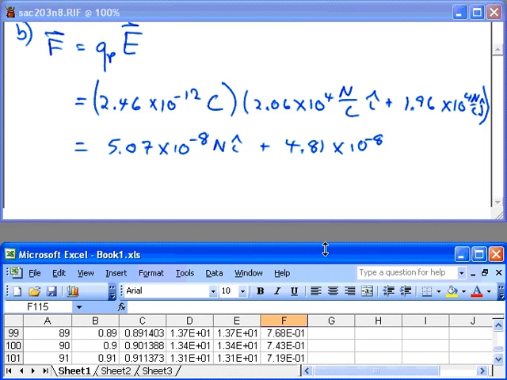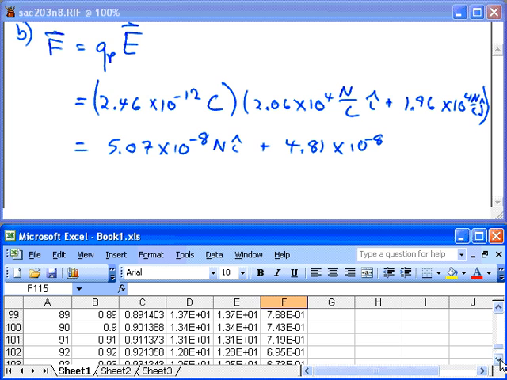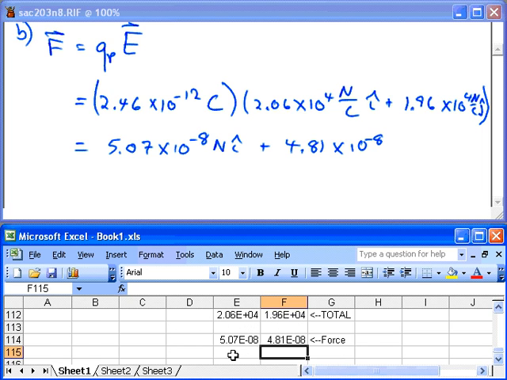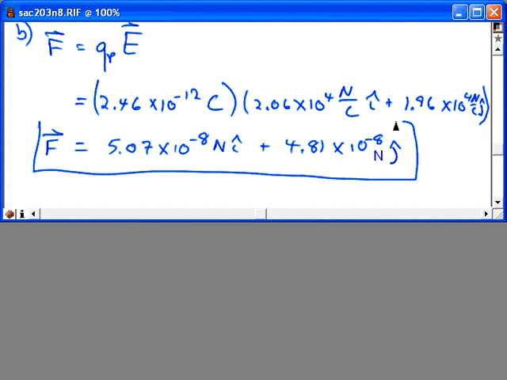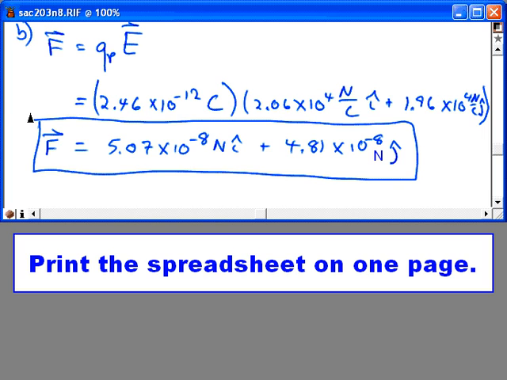Did I get those right? 5.07 and 4.81 times 10 to the minus 8th, and this is times J, so that would be the force, and that's the answer to part B, and that wraps up the